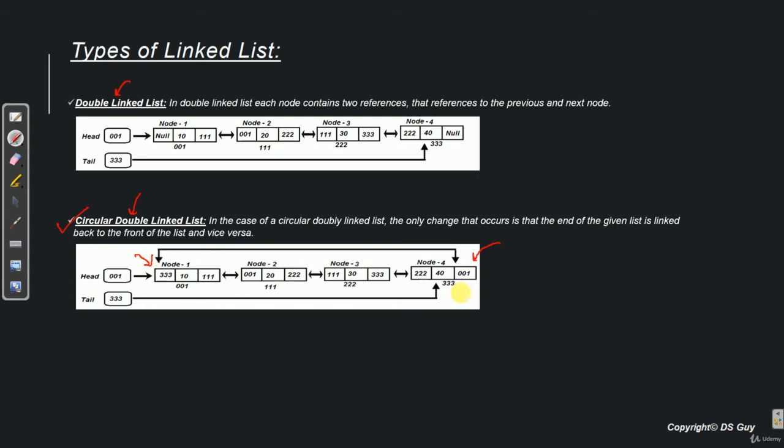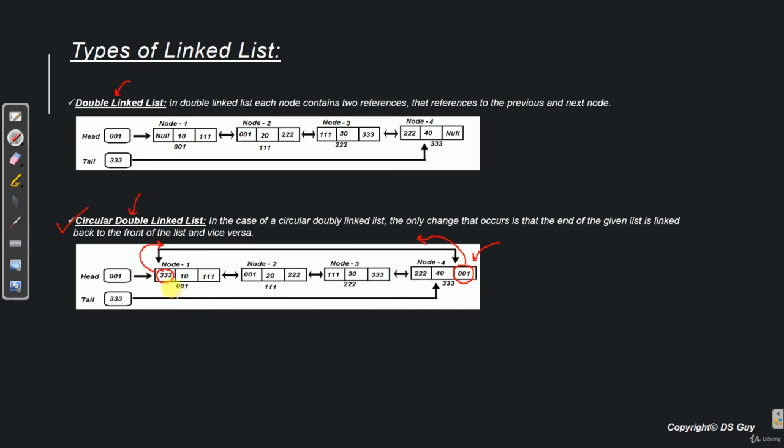As you would have guessed, in the last node we are going to store the address of the first node, which is 001. That gives us the flexibility of traversing from the last node to the first node. Similarly, in the first node we store the address of the last node, so that we can traverse from the first node to the last node directly.